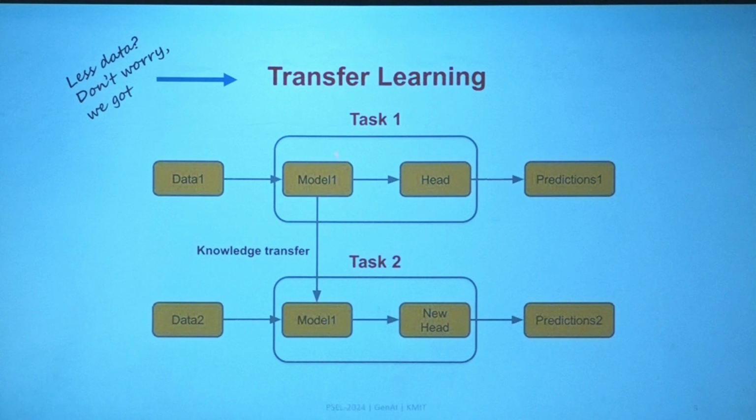Now the same model 1, you can use by the concept of transfer learning to perform another task, which will do the predictions on another data set 2. The model defined for data set 1 has been used on data set 2 in order to get the predictions 2. So what I used here, you just look at it here. Whatever the task has been implemented, the model has been divided into two parts: one is the model part, second is the head part. What are these two parts? I am going to tell you.